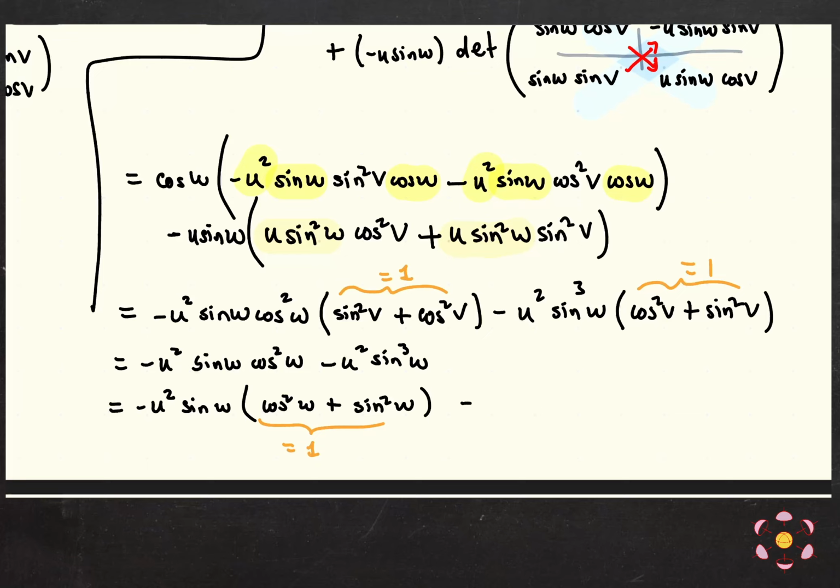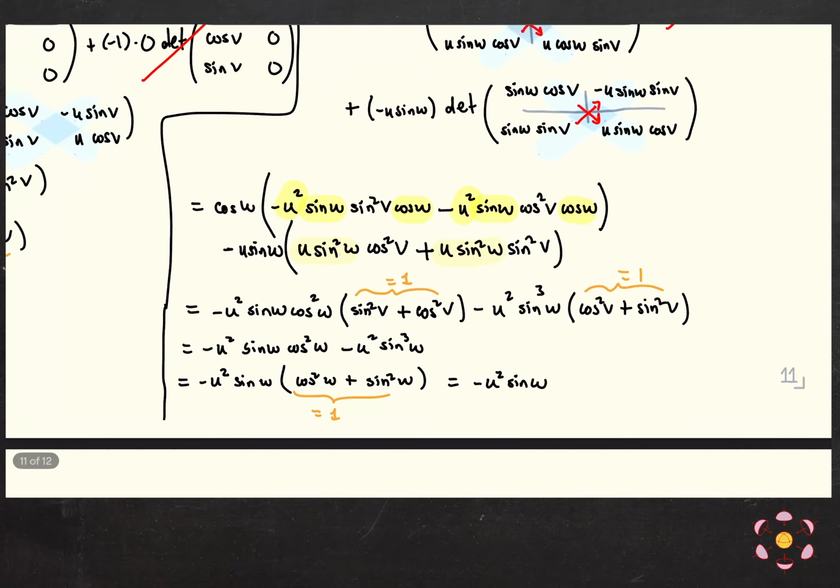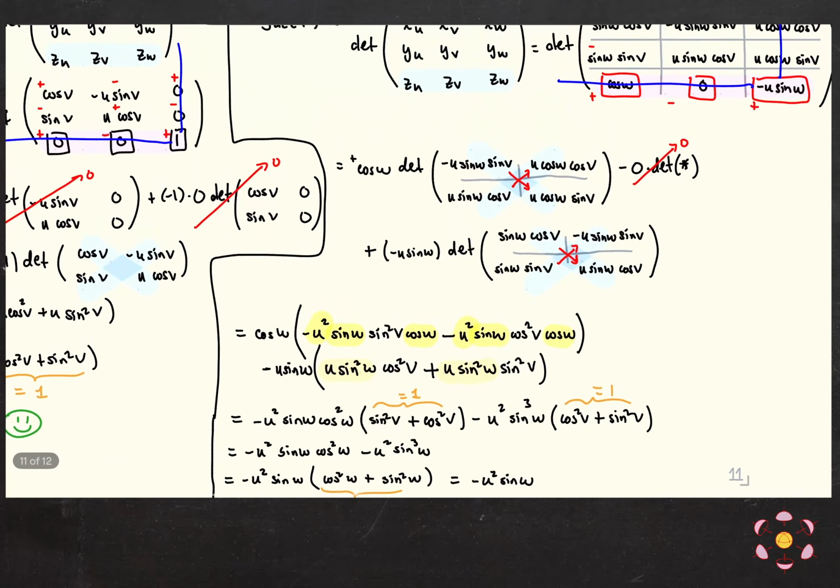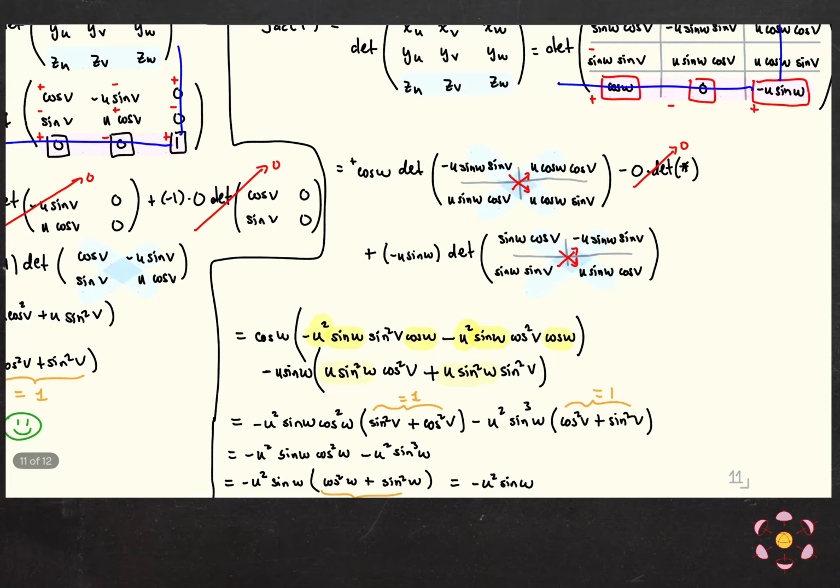Okay, so at this point, we've got negative u squared sine of w, which is the Jacobian. Okay, so you're asking, oh, well, why do we have this minus sign? Well, remember, this is kind of a more subtle calculation from the determinants. That's telling us essentially the orientation, which is basically how we are going around the boundary and in what specific order. But remember, in the change of variables theorem,